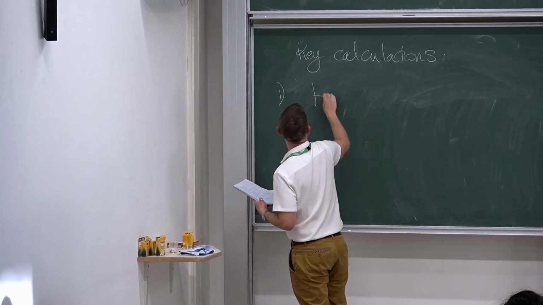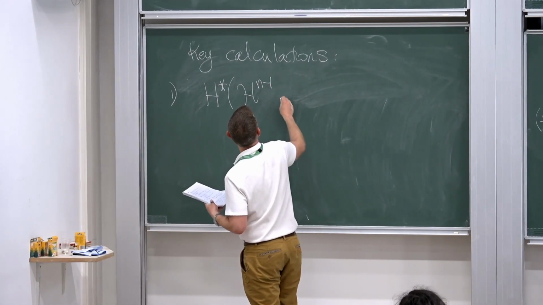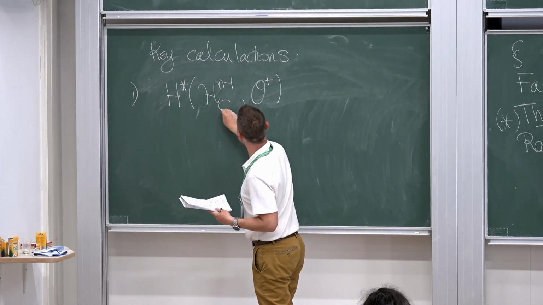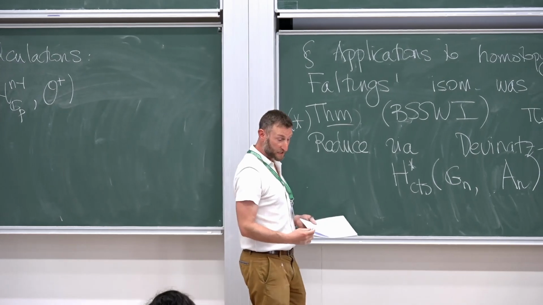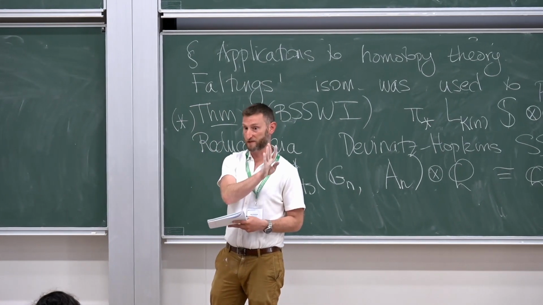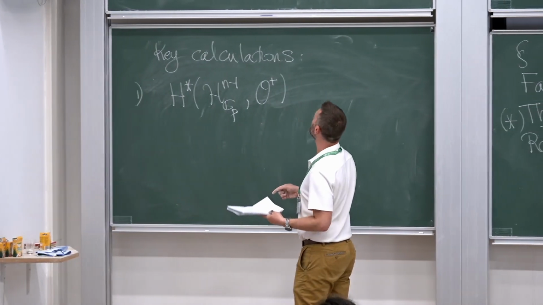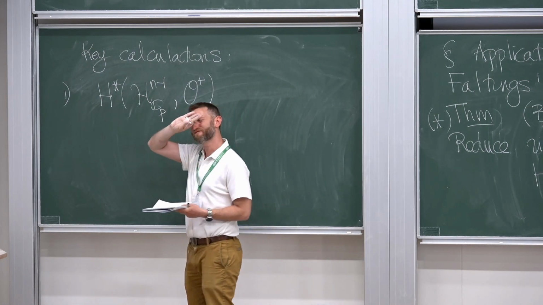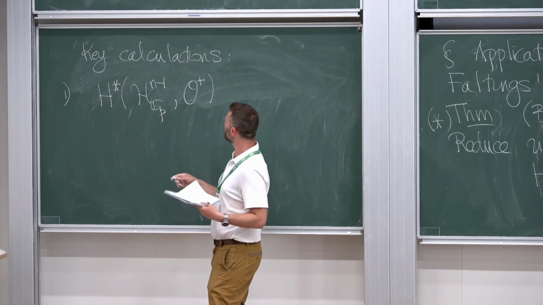One was a calculation of what the cohomology of just Drinfeld space is with coefficients in O plus, but let me just take that Drinfeld space and for simplicity base change it up to an algebraically closed field so that what we're doing comes a little bit closer to geometry rather than arithmetic. So there are tools for calculating such O plus cohomology, and by the way, we're doing everything in the v-topology. I'm not even notating that. So there are tools for doing this kind of thing.